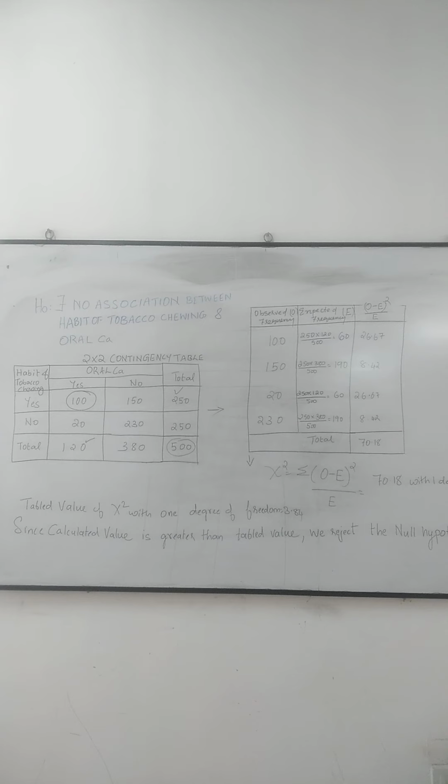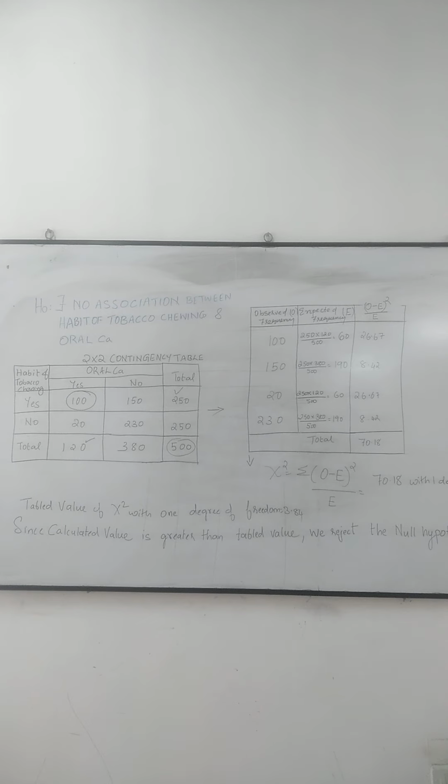I think you remember in the last class for student's t test, what we were mentioning in the null hypothesis was to write the measure. That means the mean value is equal to that mean value. But here in the chi-square test, we never mention the measure. Here we will mention the association between two variables.